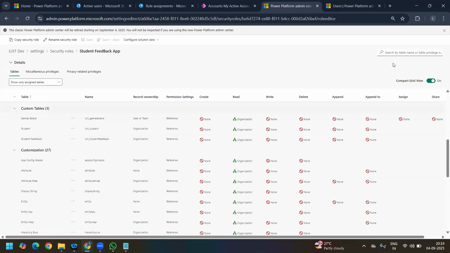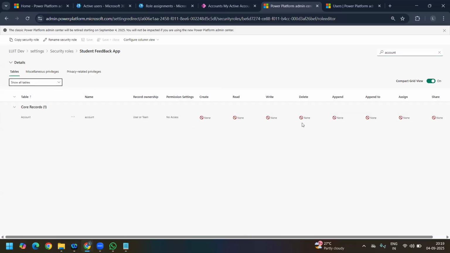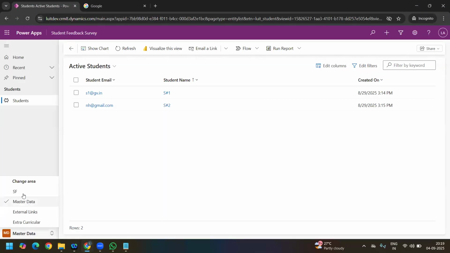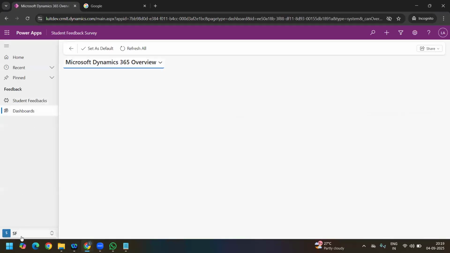Did I mention accounts anywhere? If you search for the account table, it will show none. As you don't have access, it's not even showing the section in the master data sitemap itself. So with the help of security rules, you can control app level access, which apps a user can